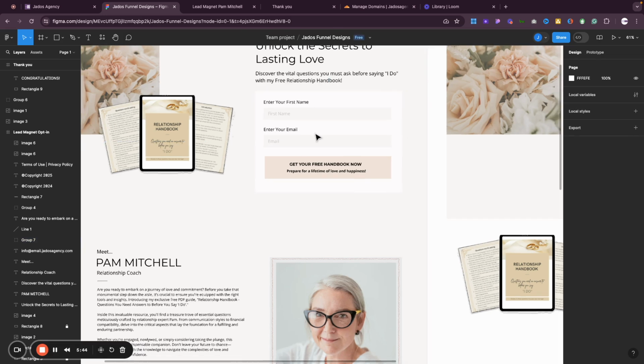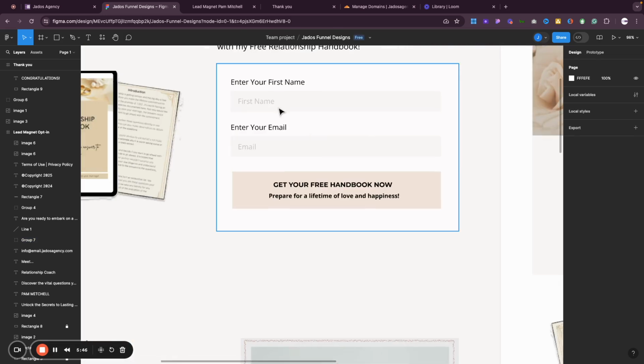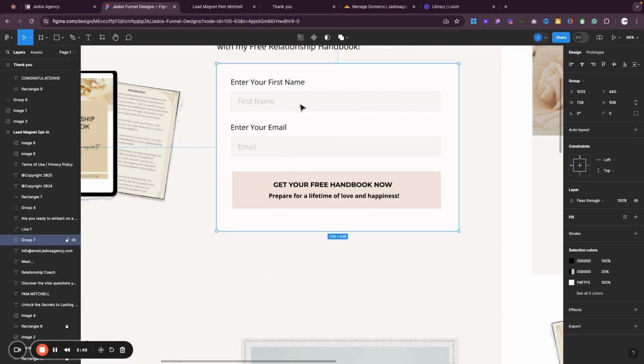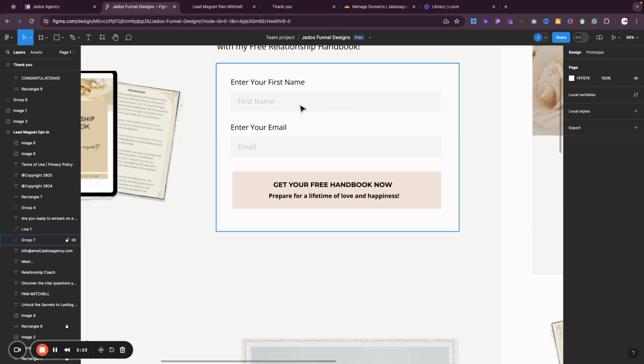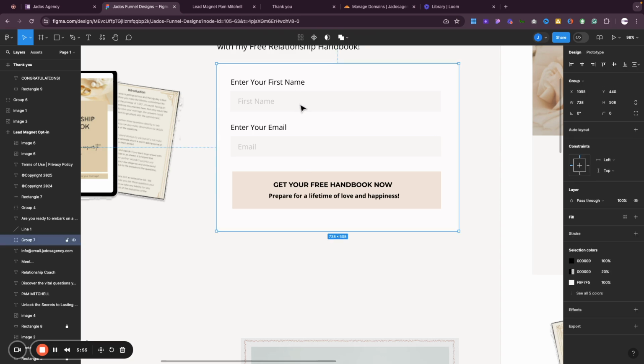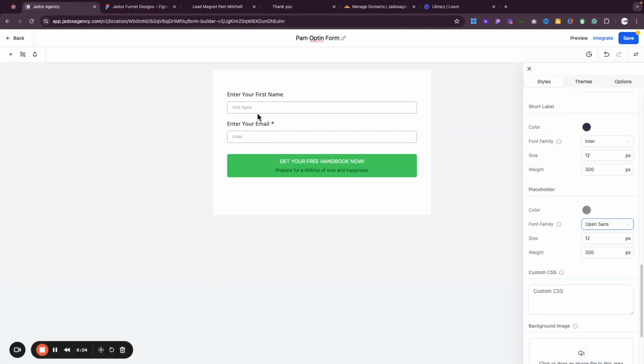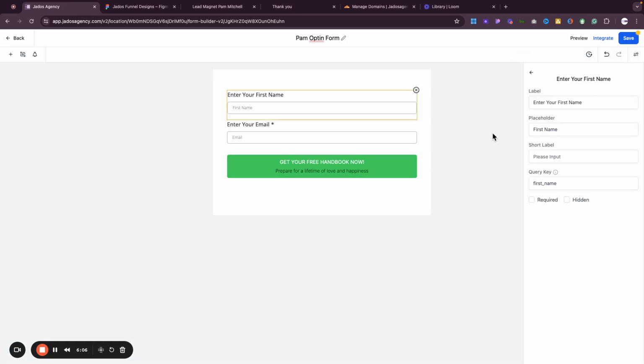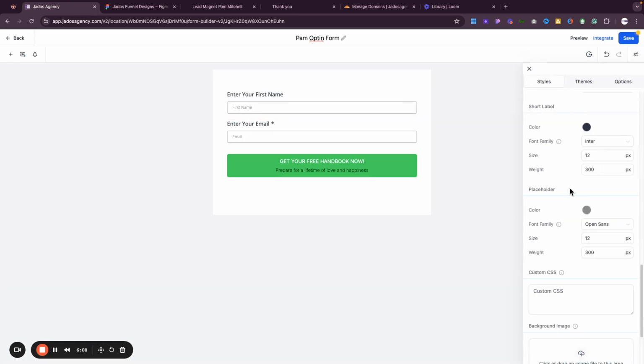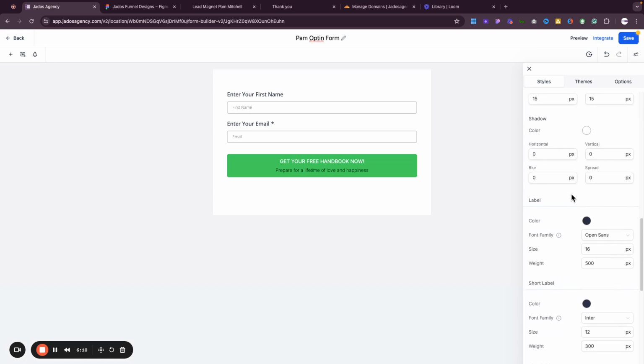And if you notice as well, the form field is a particular color, right? So the field is that color there, so we can copy it and put that on the field.